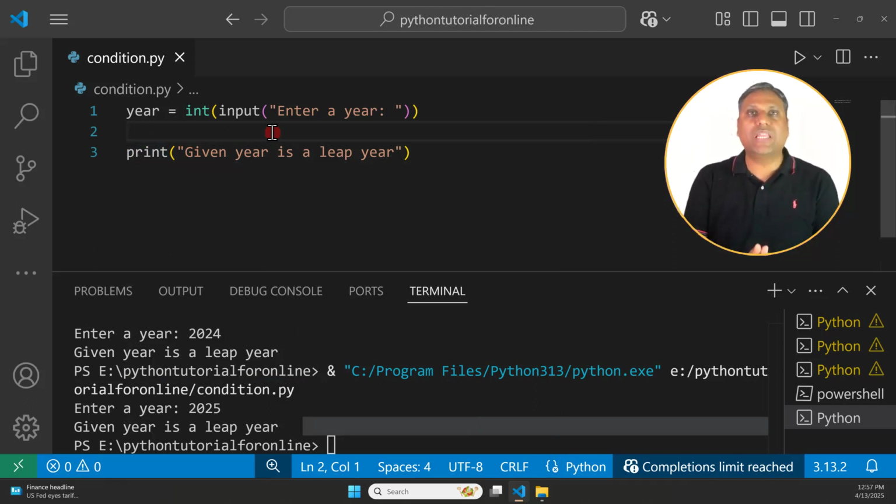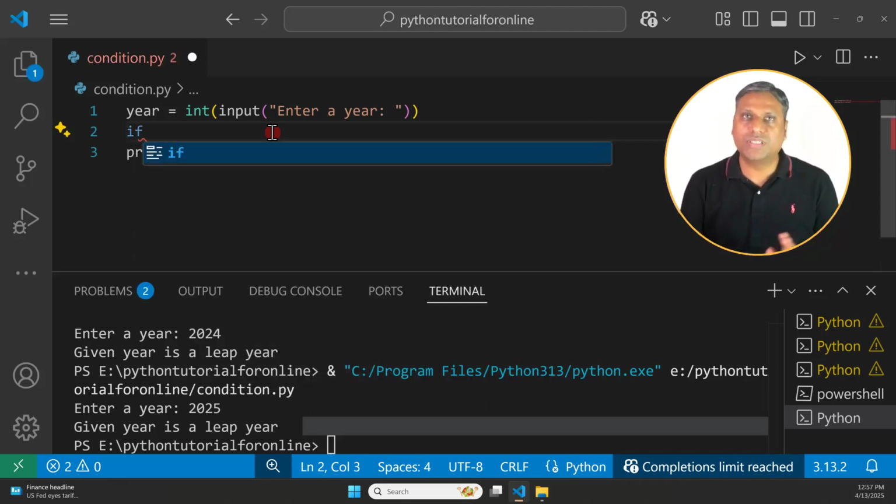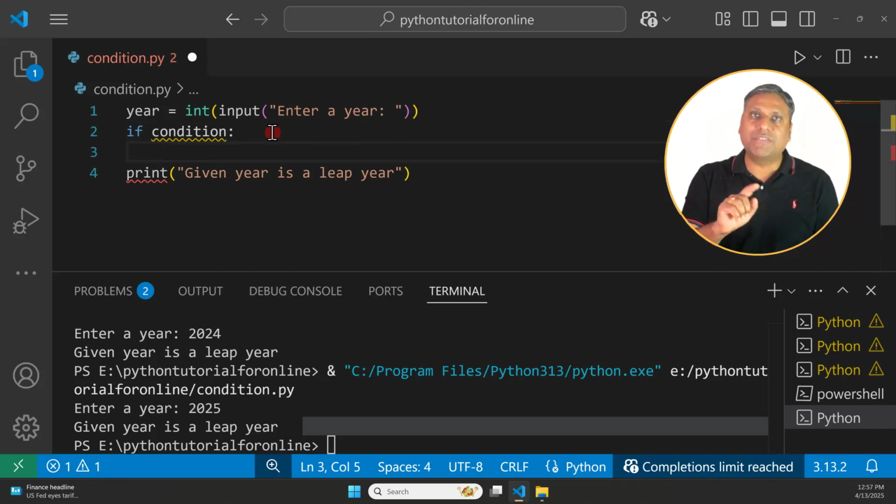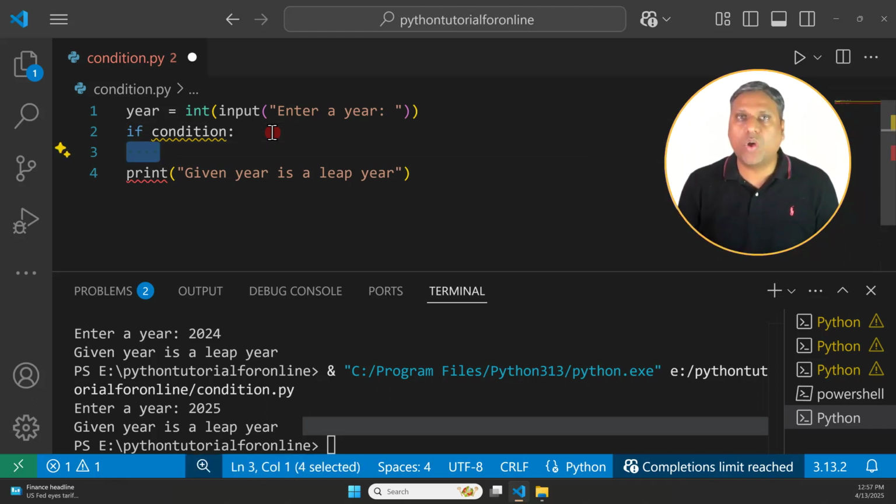For that, I will use if. This is the way you write an if statement: if, space, then the condition that you want to check. Then you write a colon. The colon tells that now you are starting a new block that may have one or many statements. Then I press enter, and the moment I press enter after the colon, it automatically takes an indent.